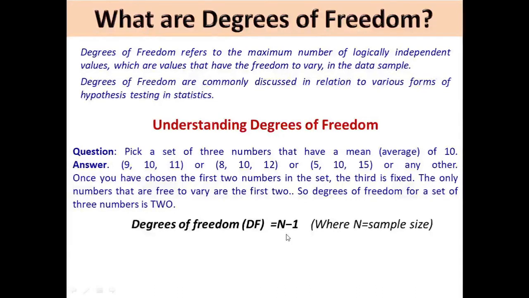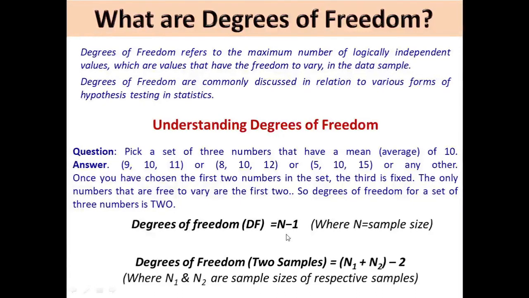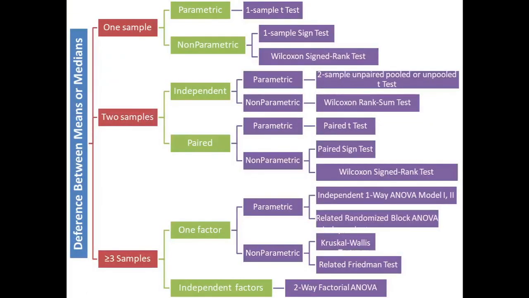In case we have two samples and want to find a parameter like the mean, we have two sample sizes to consider, sample 1 and sample 2, and in this case the degree of freedom will be n1 plus n2 minus 2. In case of ANOVA, degree of freedom becomes a little more complicated. Instead of a simple parameter like finding a mean, the ANOVA test involves comparing several means in sets of data. There is a long list of hypothesis tests. The type of test depends upon our aim and the nature of data.